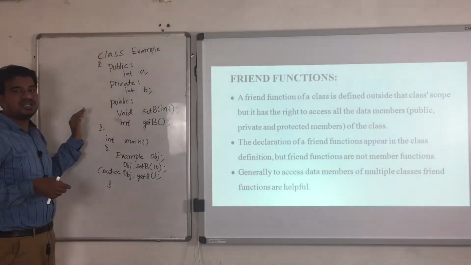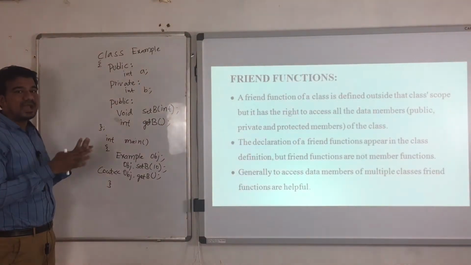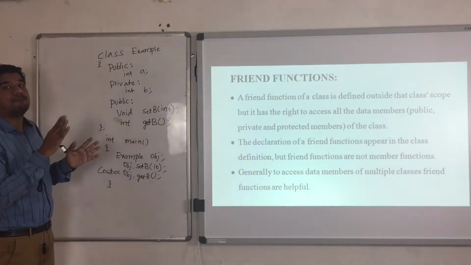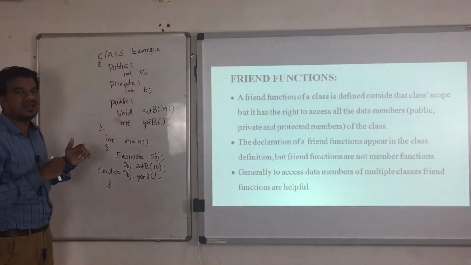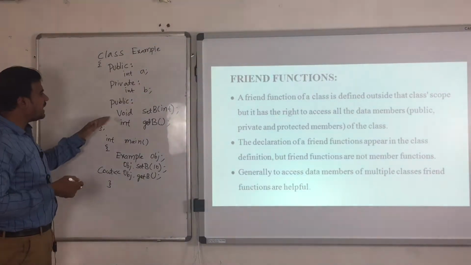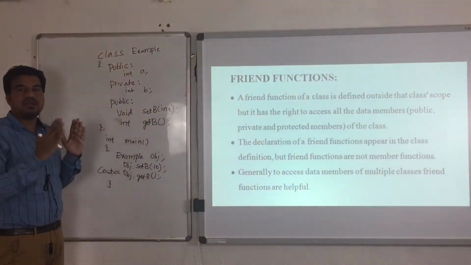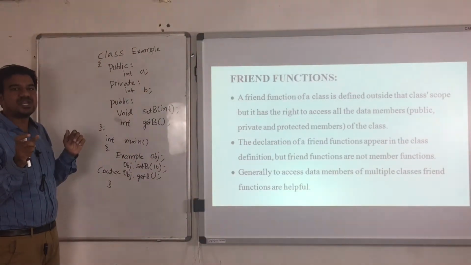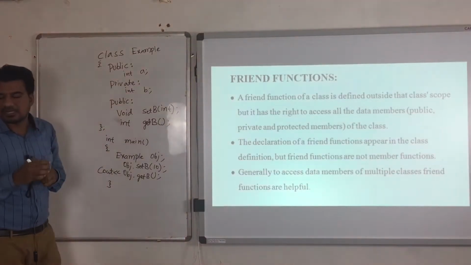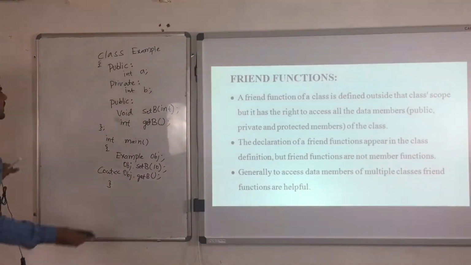So a friend function is used basically to access all the data members from multiple classes, not from a single class. If you declare a function as a friend function in multiple classes, that function can access all your data members from multiple classes. To explain that, let us assume